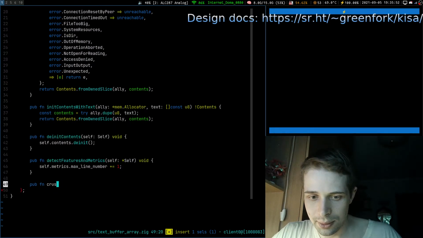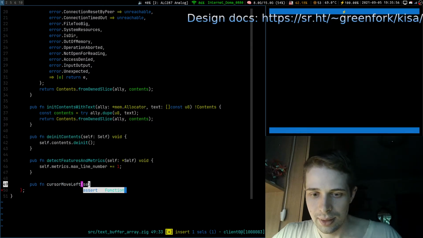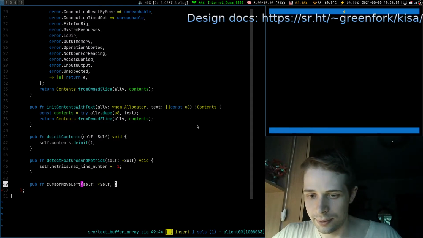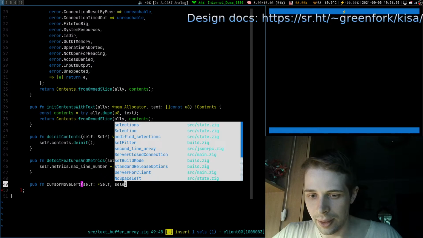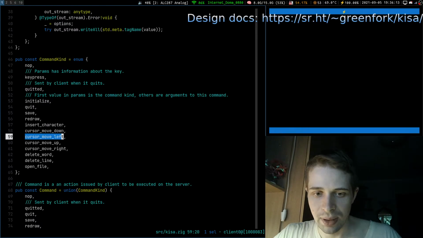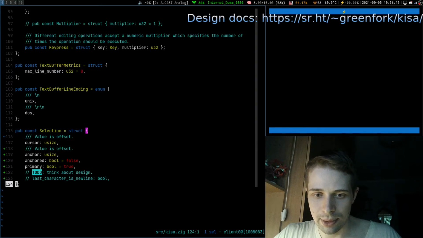Okay, cursor move left self, and we would like to have selections. I think we will have to use selections a lot, so it is worth having it as a separate type.